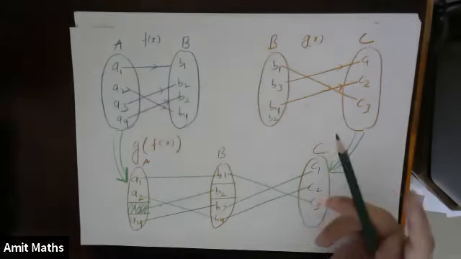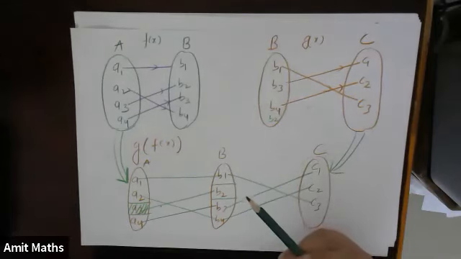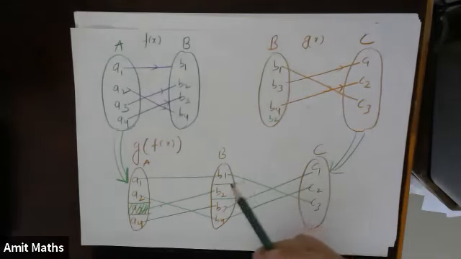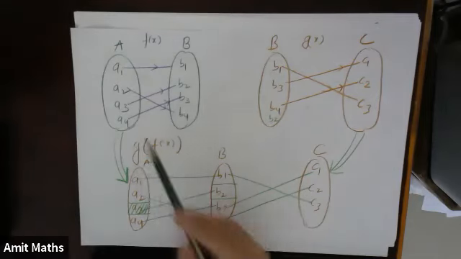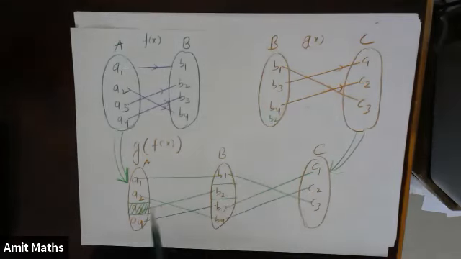But there can be an example, a composite function in which this will only be a subset. In this example, I've shown that if we take A3 as input, it will not have any output. And in functions, every input should have an image. In this case, A3 does not have an image in C. Understood? So that is why we cannot take A3 also. Okay, fine.